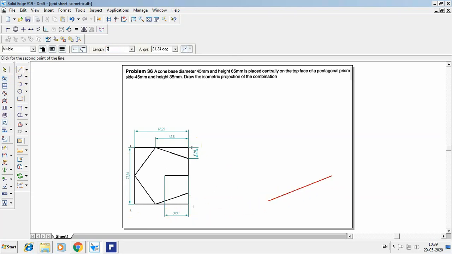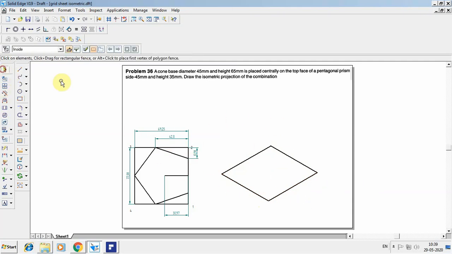So dimension will be 72.81 at an angle of 30. Then 2 to 3 it will be 69.25 at an angle of 150. Then 3 to 4 it will be 72.81 at an angle of minus 150. The last will be 69.25, that is from 4 to 1, it will be joined. So now this is the outer shape of the rectangle you drew. So if you want, you can make this a thin line.